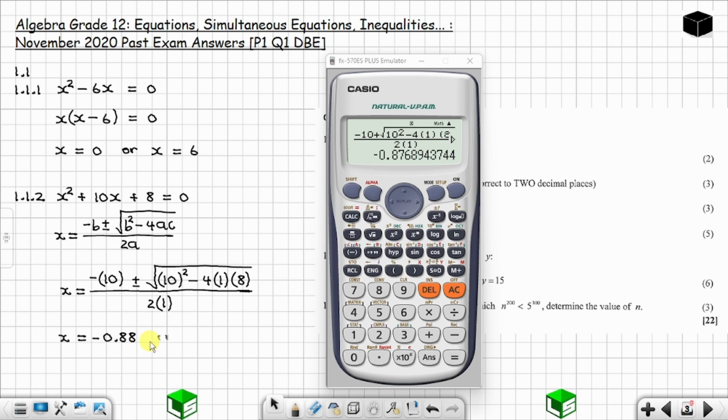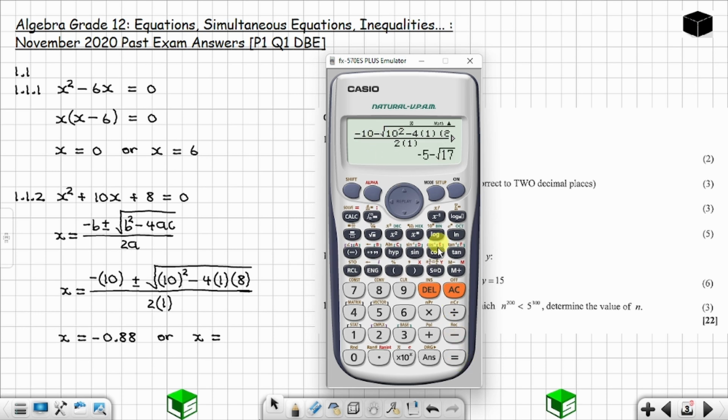Or x is equal to, now you have to change the plus to negative because there is plus or negative. I have used plus. Now I'm going to use negative. Let me change it. So let me change the plus to negative and see what the value of x is. This is my plus. You change it, you delete, and then you put negative. I hope you can see that.